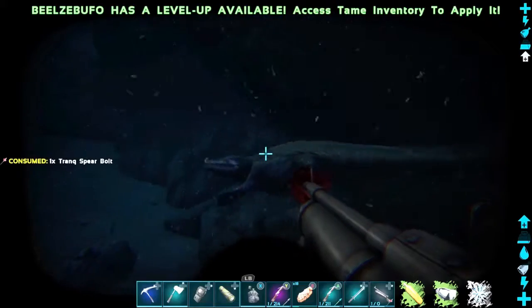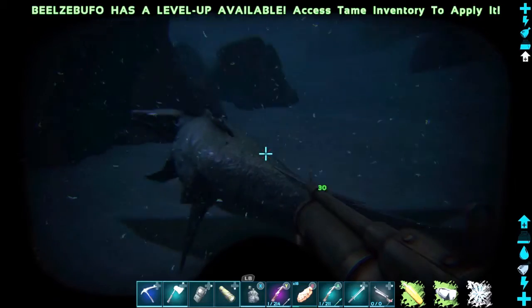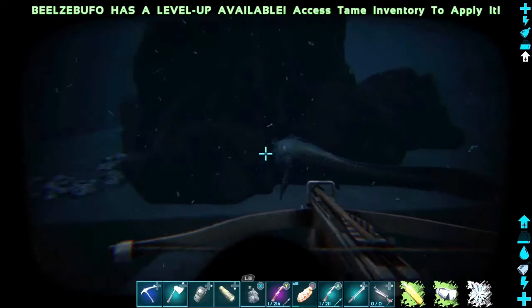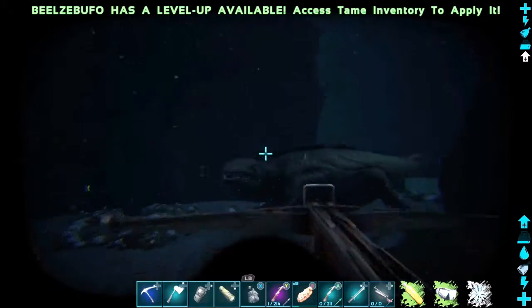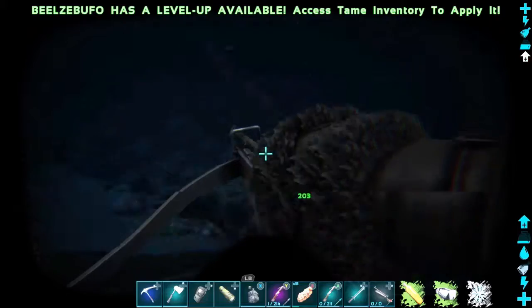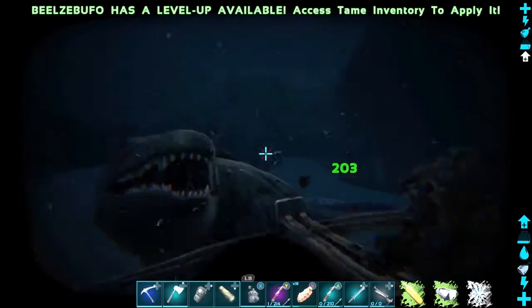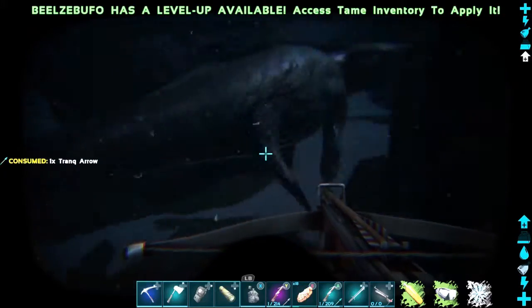Get knocked out, will ya? We've only got one more harpoon left anyway before we have to switch to our crossbow. More worried about the damage that's going to do. It's like 203. But Mosas are known for having quite high health, so...